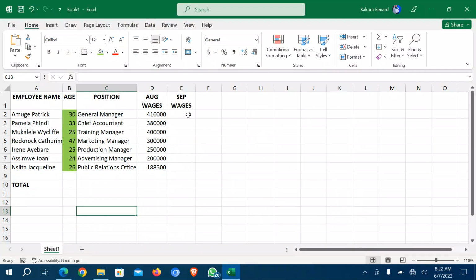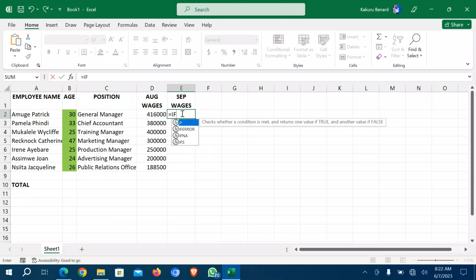So this is very easy. So when you have a new column for September wage, we are going to use the IF function, and the IF function will be as follows. We write equal sign, IF, we open the brackets, we say D2, where we have our August wage, is less than 300,000, comma, we select D2